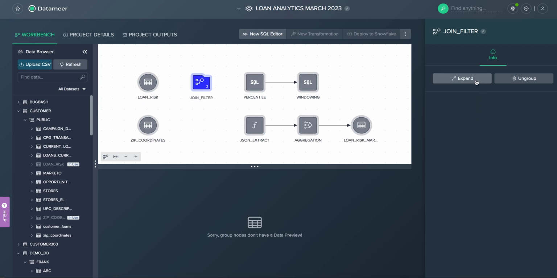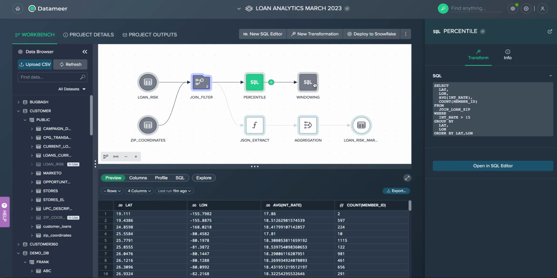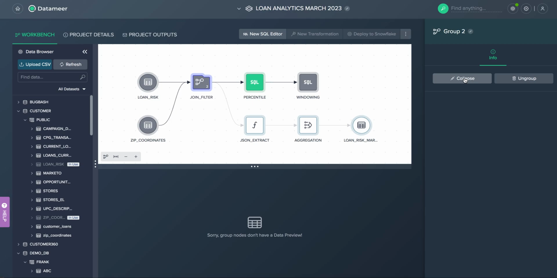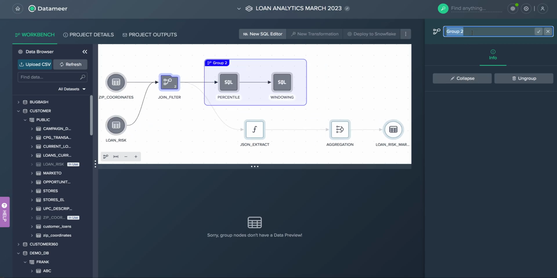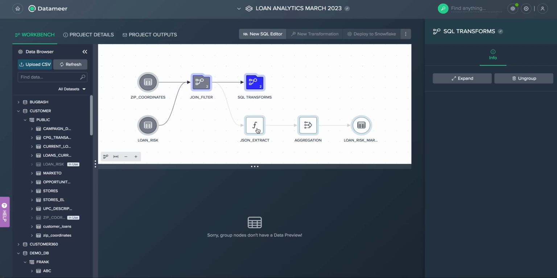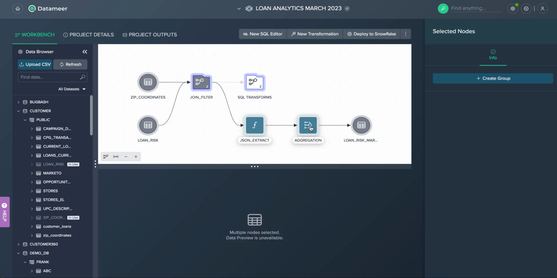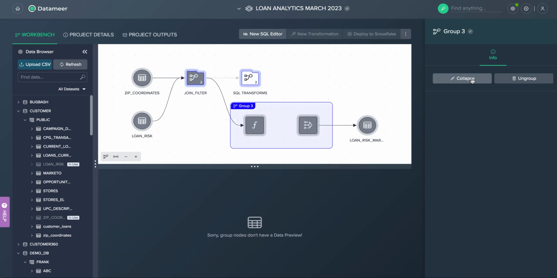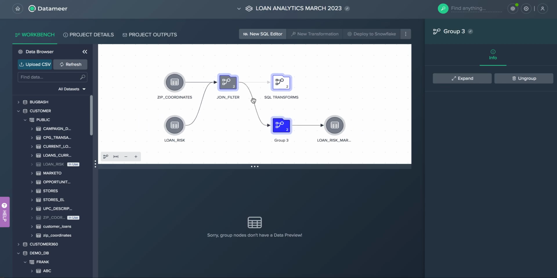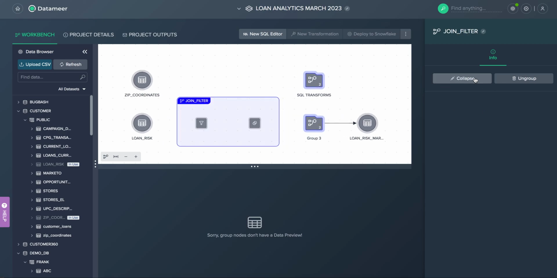Let's collapse that group and create a second group comprising the two SQL transformation nodes, and let's call that group "SQL transforms". You can then collapse that group as well and create a third group comprising the last two transformations, and collapse. You can then go back to the first group and expand to view the individual transformation nodes as well